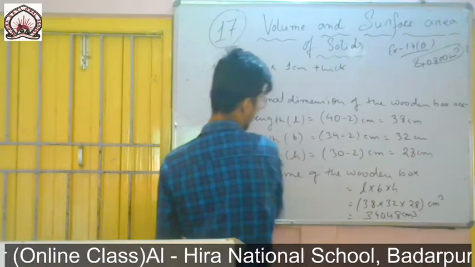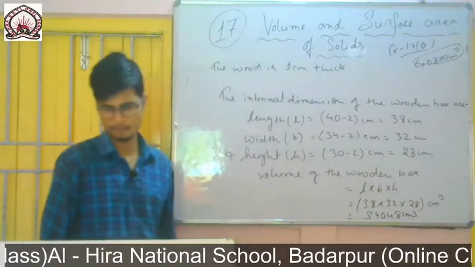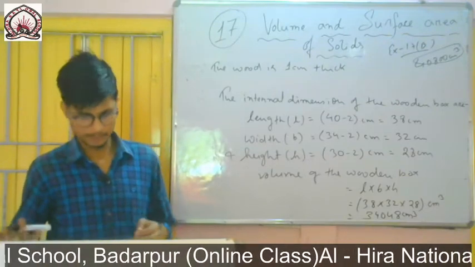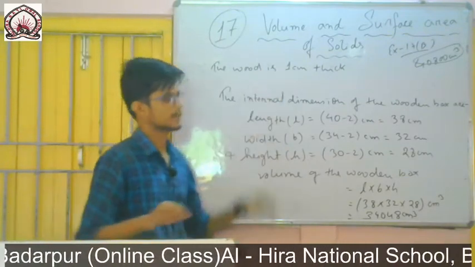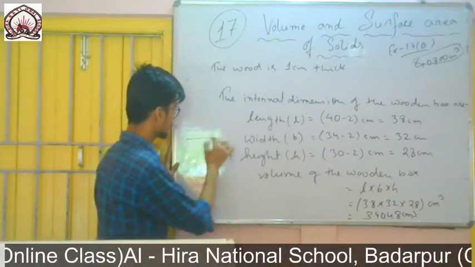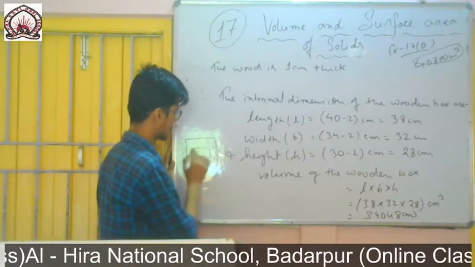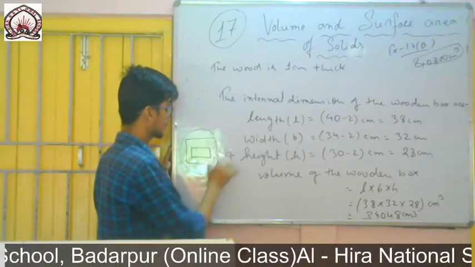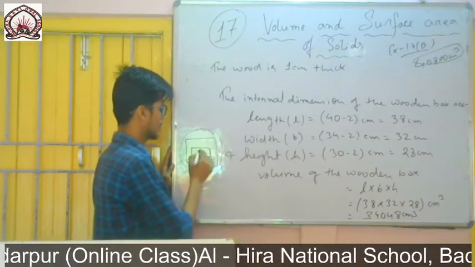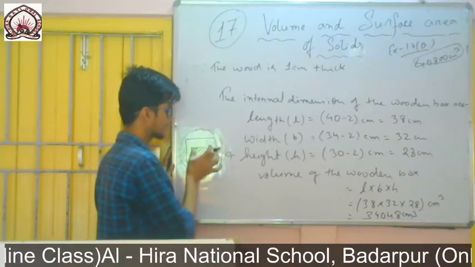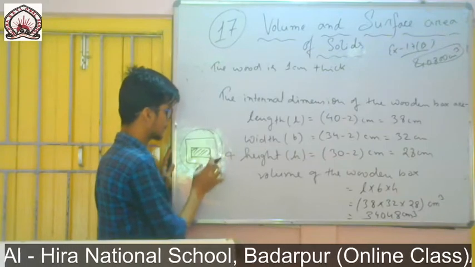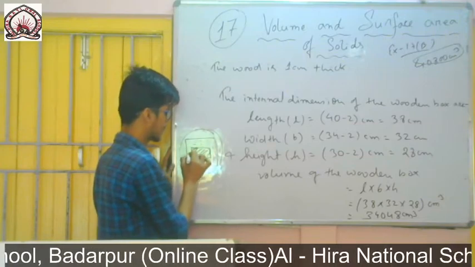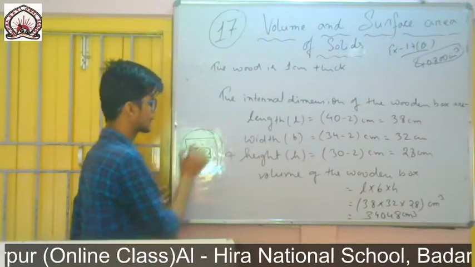So this is the internal volume of the box, 34048 centimeter cube. So therefore I can easily find the internal... this was the box like this. Okay, I'm just drawing. So from this outer dimension we have got what is there, and this internal volume also we have got. So simply if I subtract the internal one from the outer dimension, I will get the rest part, that means the volume of the wood.